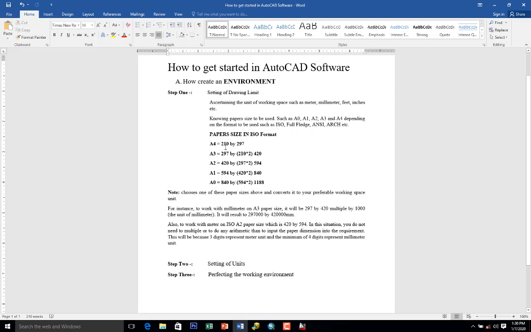210 by 297. This is the size of an A4 paper. Then A3 paper is 297 by 420. How do we get this 420? It is by multiplying the breadth of the A4 paper by 2, which gives you the length of the A3 paper. The same thing goes for A2 paper,